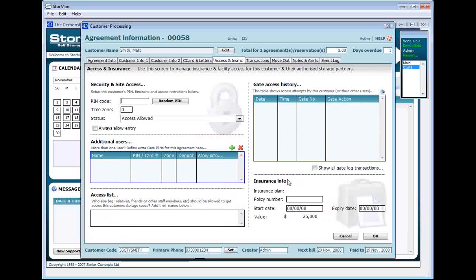Section 5 here, Access and Insurance, which should just be loading on your screen now, allows you to set PIN code